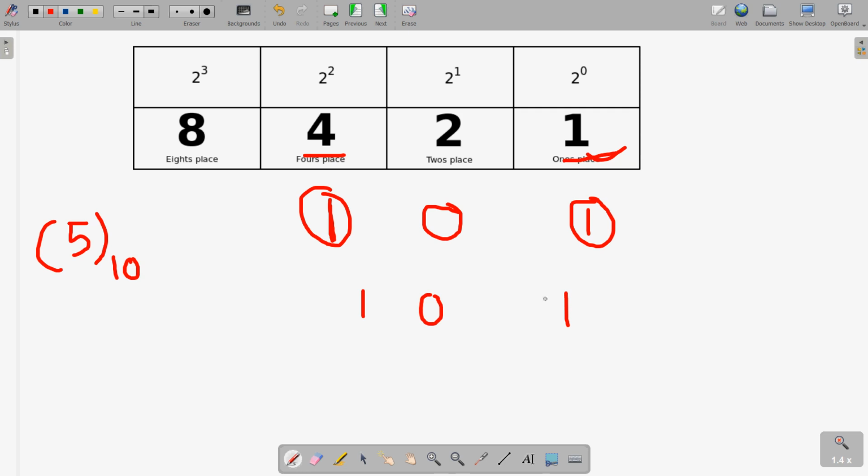Clear? So 101 is actually the value 5. How 5? If you multiply this 1 with 2 to the power 0, it will be 1 into 1, that is 1, here it is 2 into 0 is 0, and here 4 into 1, that is 4. So 4 plus 1, that is 5. Clear? So this way we can break any of the digits in this form also. And there is one more approach. Okay, so let us see that approach also.